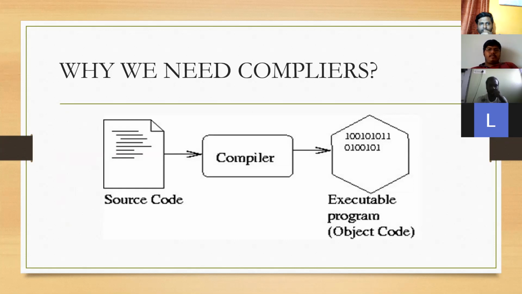This will be explained by Raghu. Good evening, sir. I'm going to explain about compilers and the phases of a compiler. So, firstly, what is a compiler? A compiler acts as an intermediate between the source code and the object code. Here, the compiler acts as a translator which translates the human written code to machine understandable code.